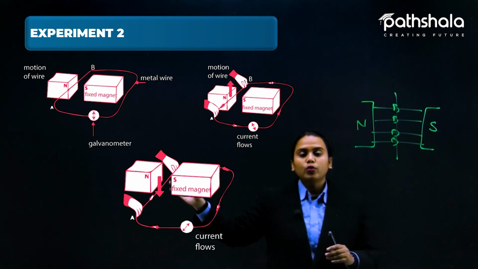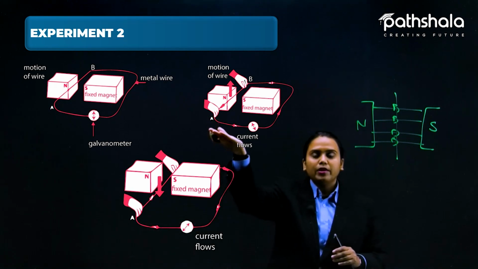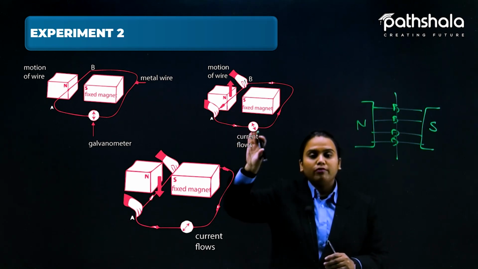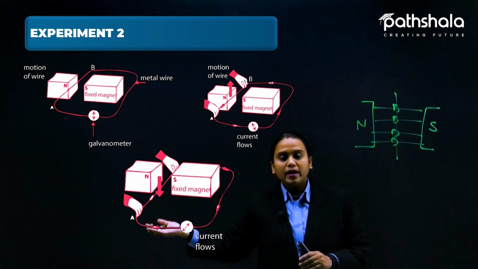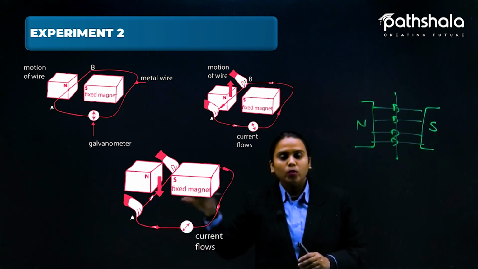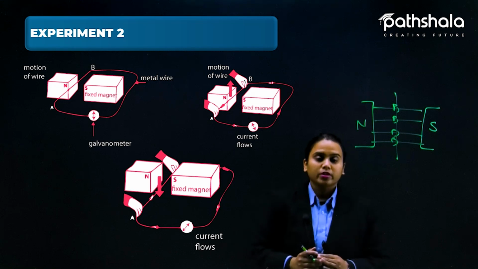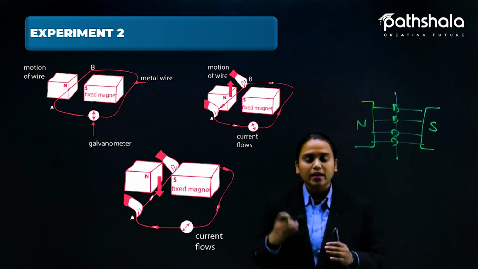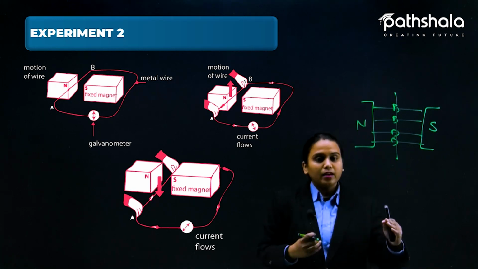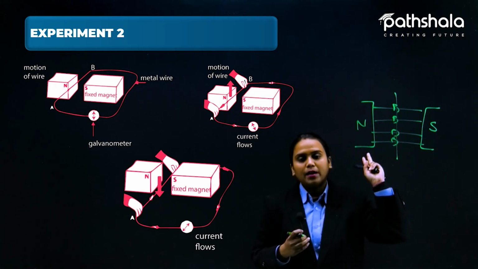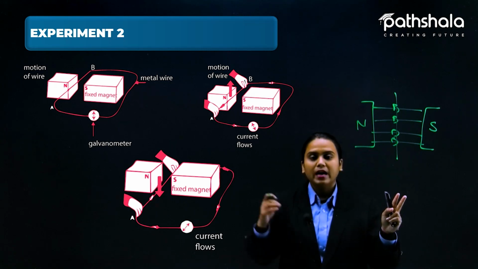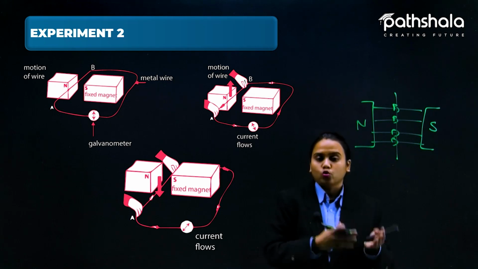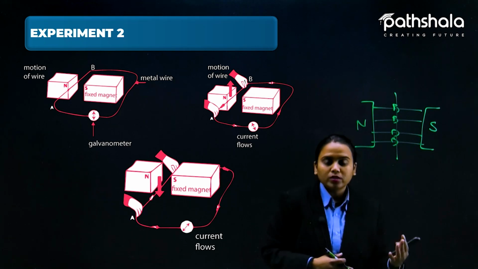And when we are doing it in the opposite direction, earlier we were bringing it in the upward direction, so it is deflecting here, and now we are again putting it in the downward direction, so it is deflecting in this direction. So what is all this experiment showing us? That with the help of force and with the help of magnetic field, we are inducing current. So that current could be stored and later on can be used,